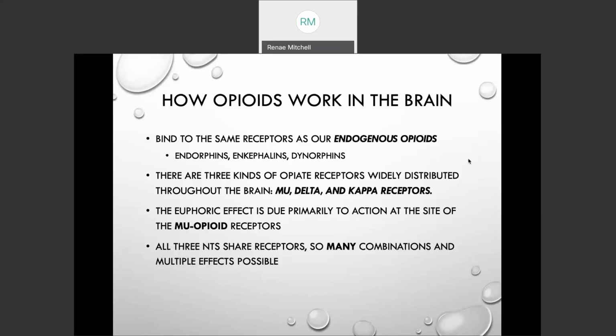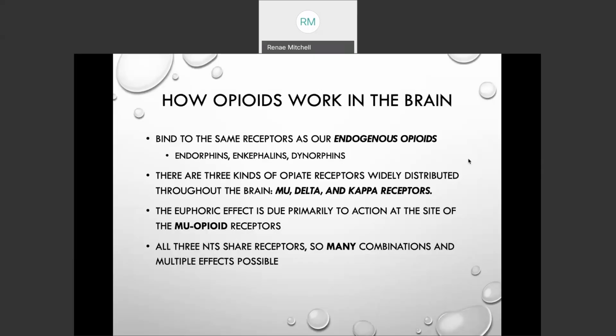But the feel-good, euphoria, pain-relieving effect is primarily due to action at the site of the mu opioid receptors. That's really where that sense of pleasure and that dreamy euphoria comes from, in naturally occurring endogenous opioids attaching to the mu receptor, but it's also where synthetic or out-of-the-body opioids, I